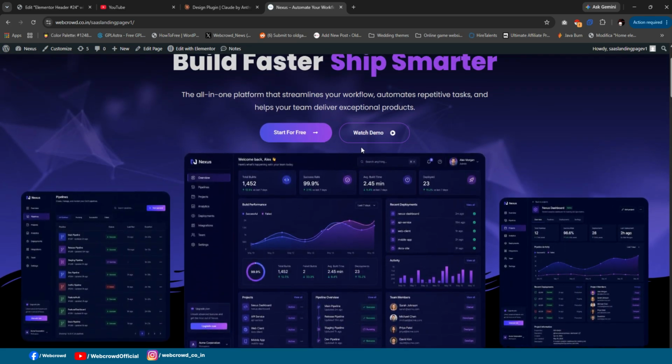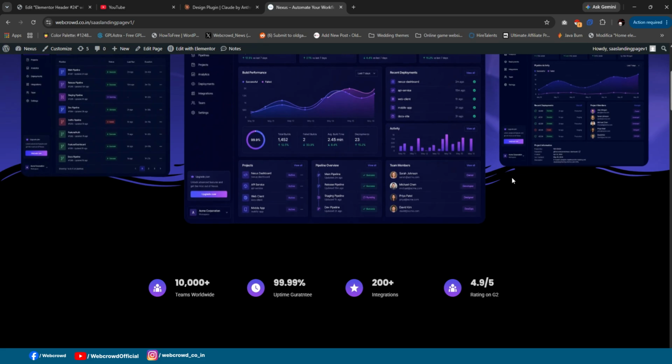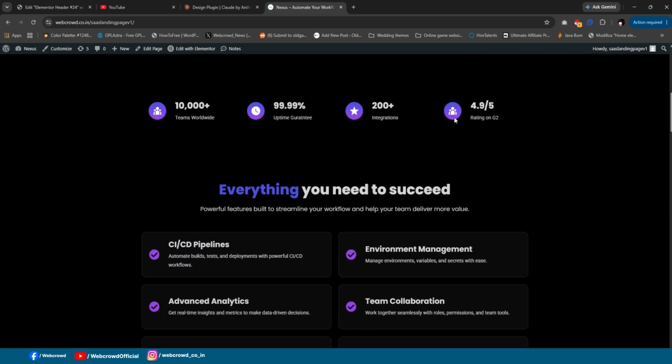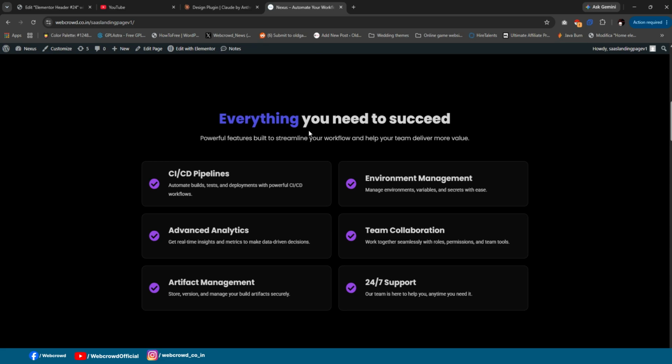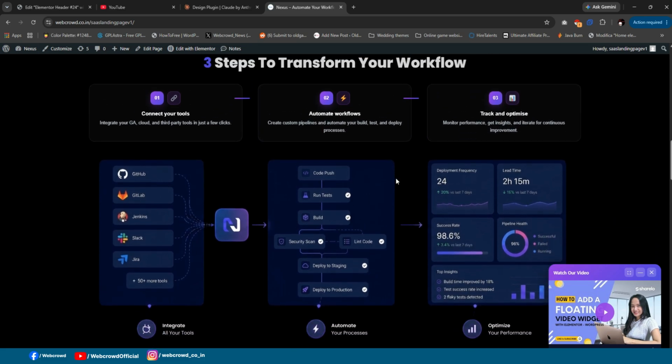Alright, and here I have added a scrolling effect from Elementor, so it looks like a parallax effect, okay, like this. And just below I have shown some icons, this type of section, the steps to transform workflow section, which is the workflow of this SaaS product, and it will look like this. Okay,